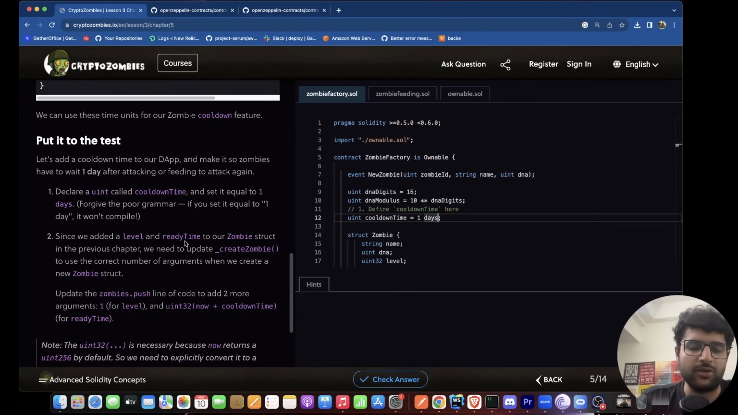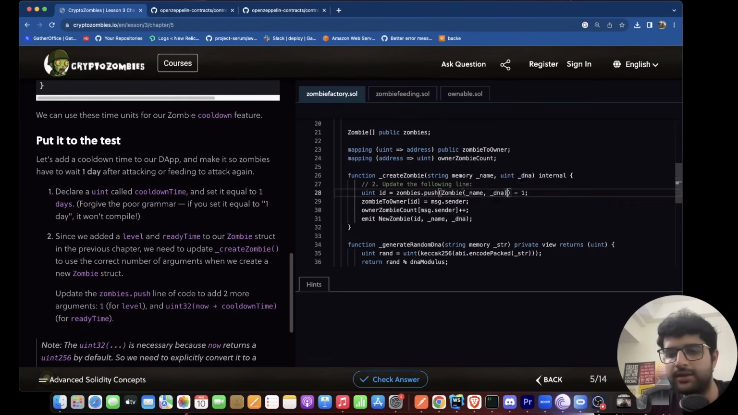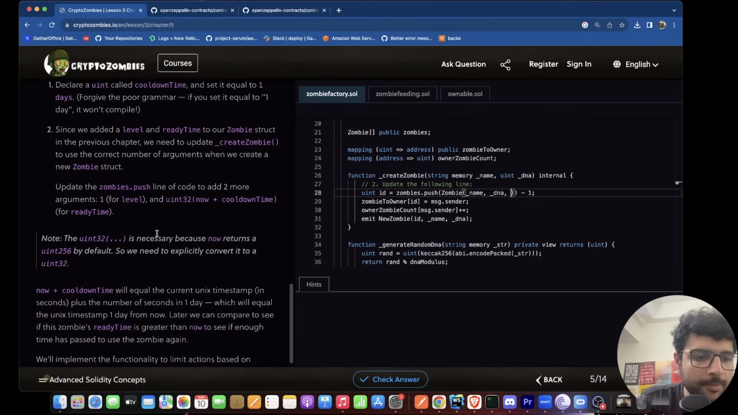So even if it's one or many, you have to use plural. Second, we have to add a level and ready time field to our zombie when we create the struct. So when we were creating the zombie, we were pushing name and DNA. We also need to put a level, which is one for level. So we want the user to start from level 1, and uint32 of now plus cooldown